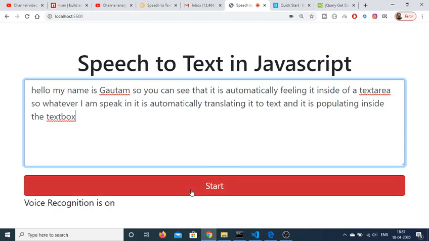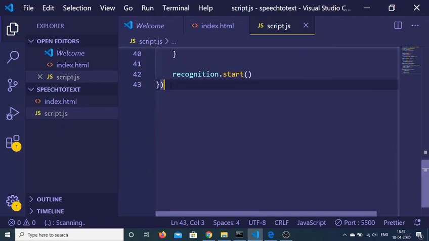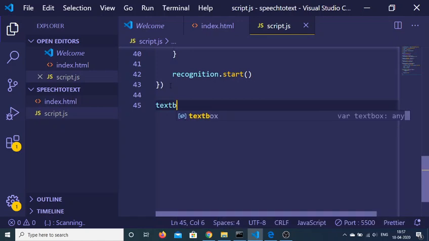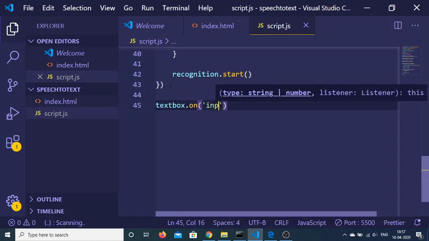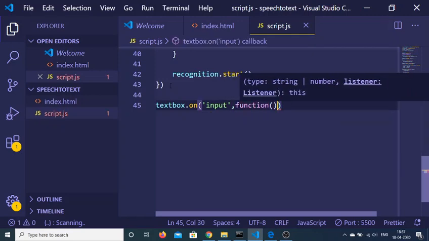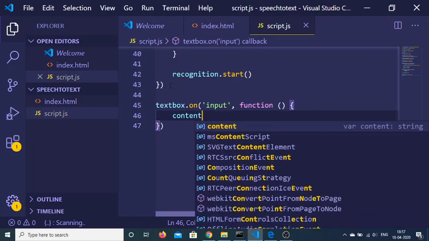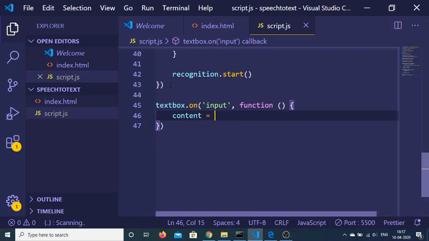So now we also want one other function that we have left here. We need to invoke this text box dot on. There is an input event here. So whenever the text box receives an input, this function will execute. Here we need to manipulate the content. Content is equal to, we need to get this value.